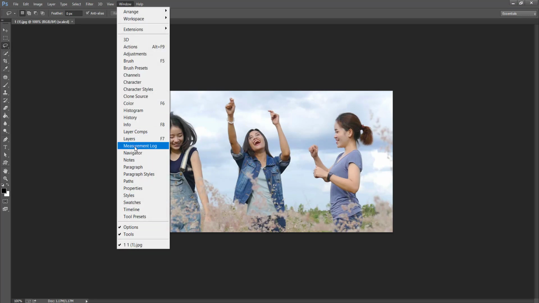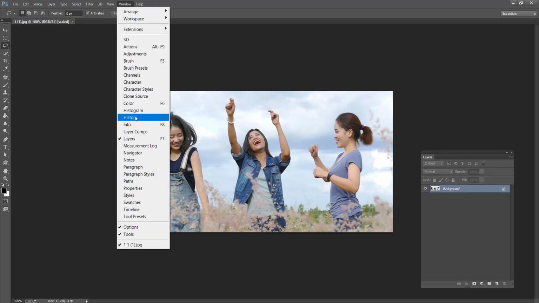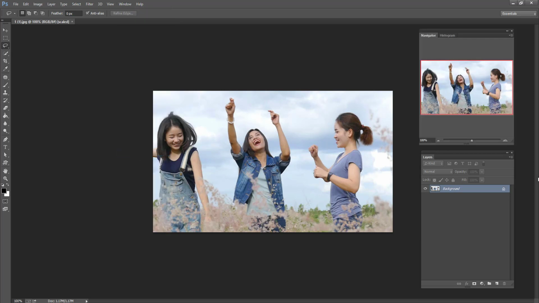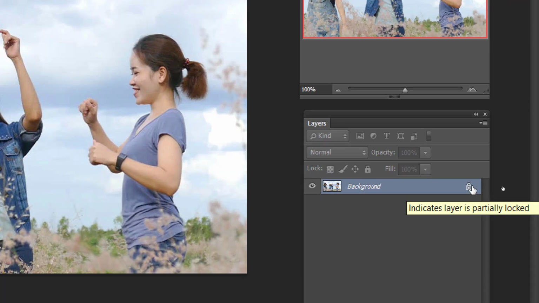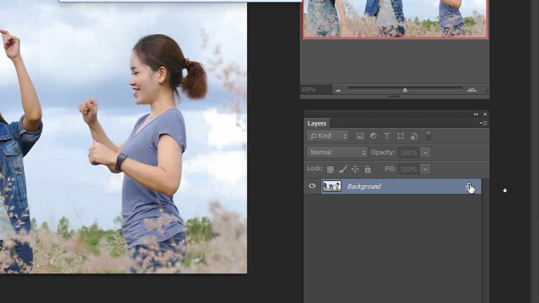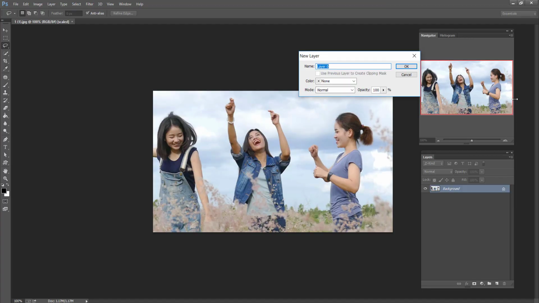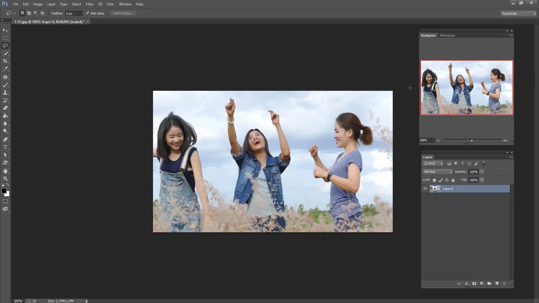After that, from the Window menu, select Layers and maybe Navigator for zooming in and out. Click this lock from here, double click. After that, select OK. Okay, from the lasso tool,